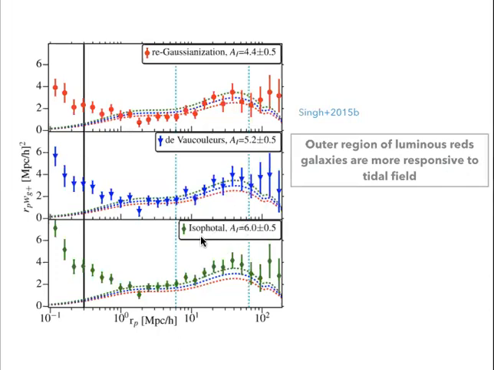The isophotal one is found to show the strongest intrinsic alignment signal. The authors say the idea is that the outer region of the luminous red galaxies is more responsive to the tidal field. However, in our work,